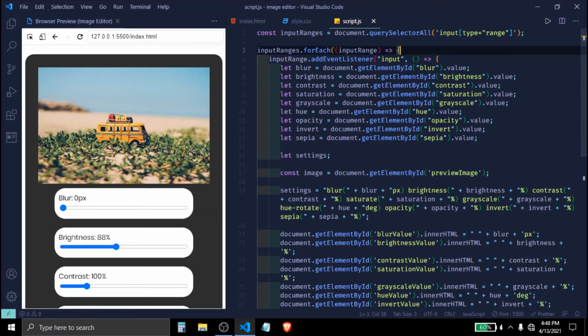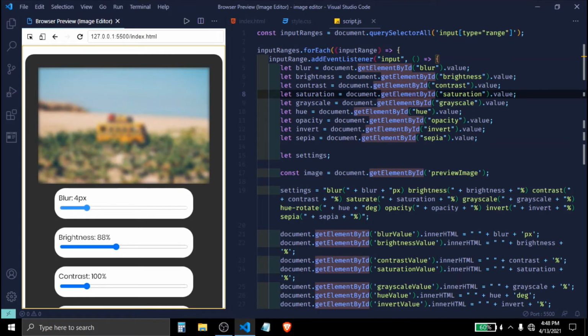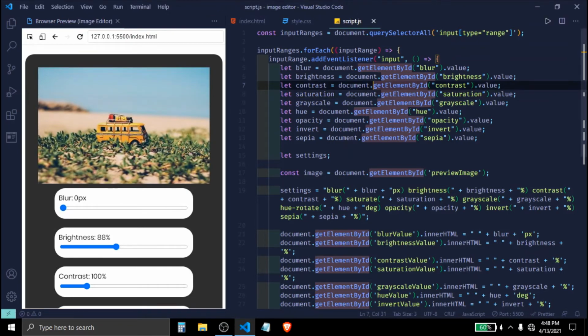Okay, so this event listener basically listens to an input. You can specify it here. There are many types of event listeners, for example, on change, mouse down, key press, and transition end, animation end, etc. So in this particular case, we are listening to an input. Whenever you slide this slider, you are giving it an input, and we are listening to that input, and running this whole code.